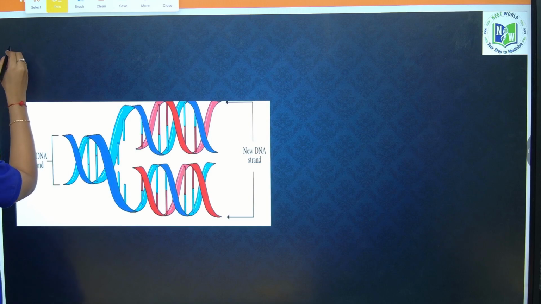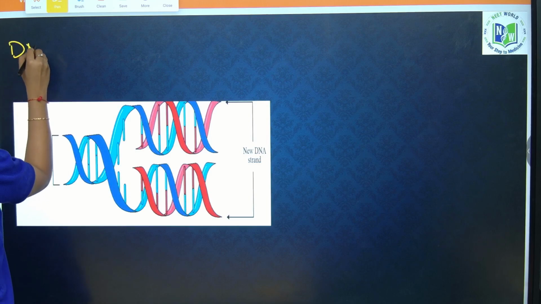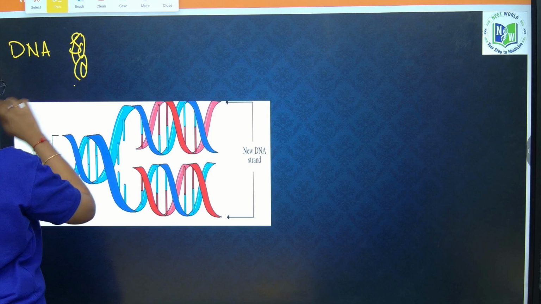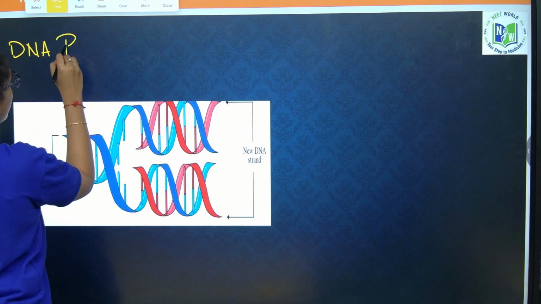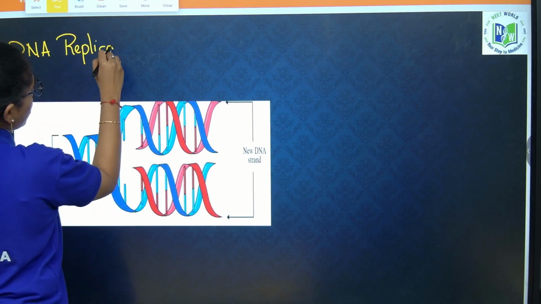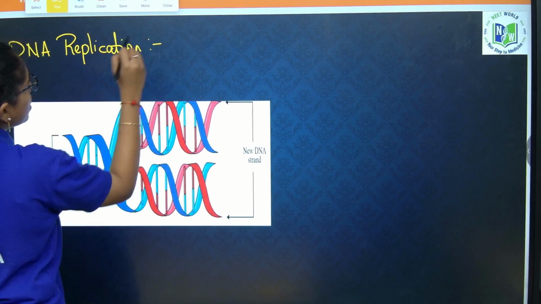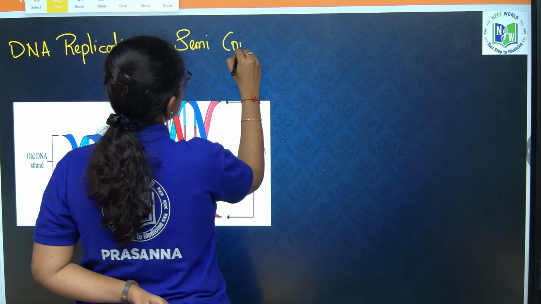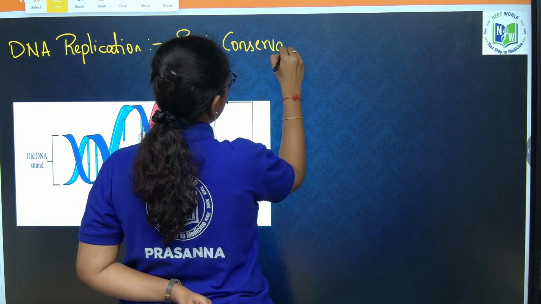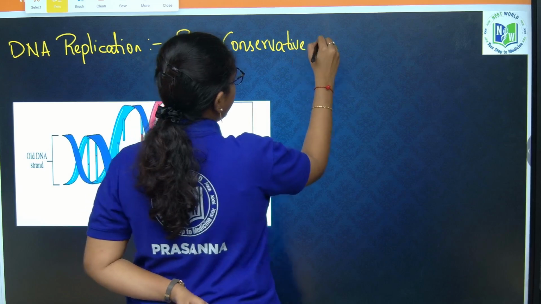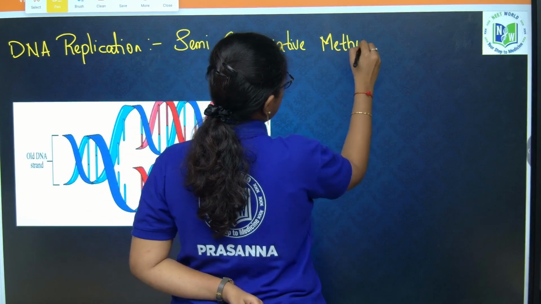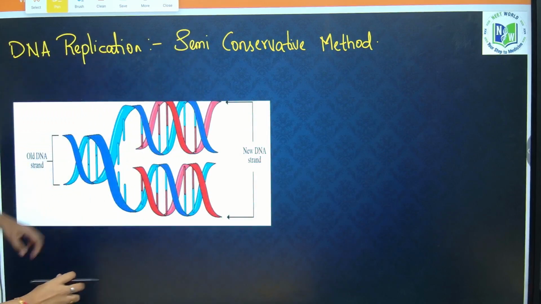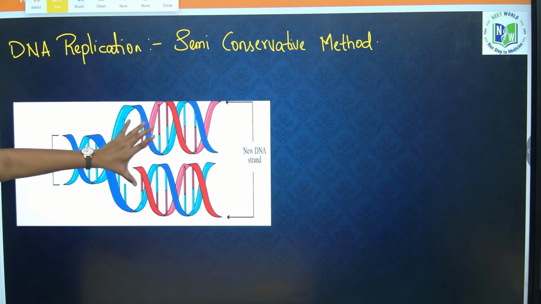The widely accepted method of DNA replication is the semi-conservative method of DNA replication, which means that from a double-stranded DNA, each strand acts as